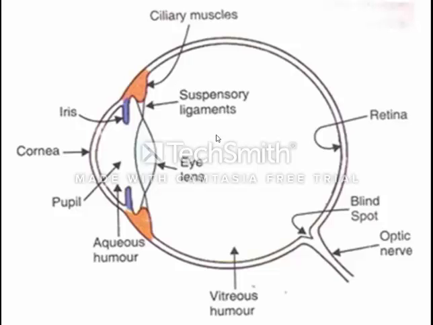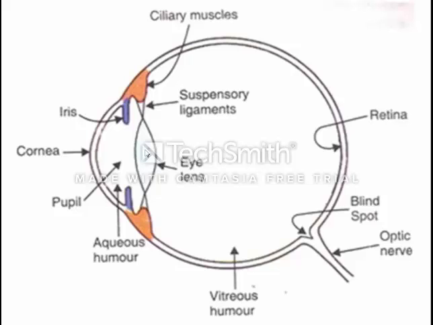We are able to see nearby objects. But when we see a far object, as you can do practically also, when you are seeing nearby objects, your ciliary muscles contract. But when you see a far object, your ciliary muscles expand. When the ciliary muscles expand, the lens becomes thin, and when the lens becomes thin, the focal length increases. And it happens automatically.